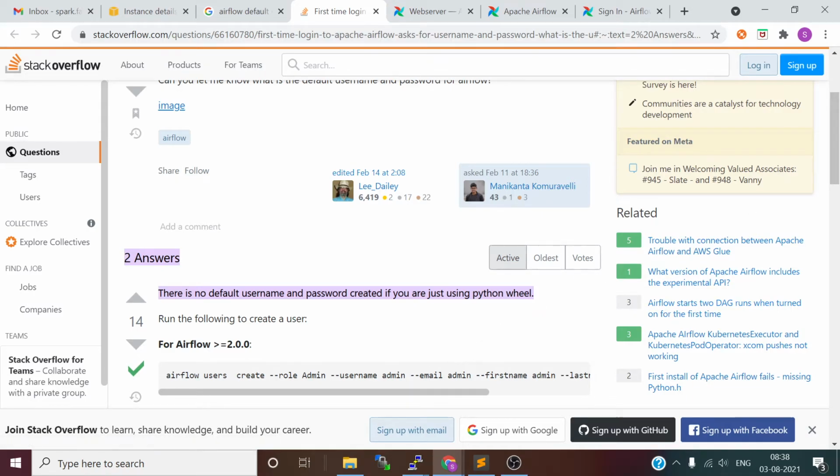They are saying that from 2.0 you need to create the user ID and password, and there is a command to do that.